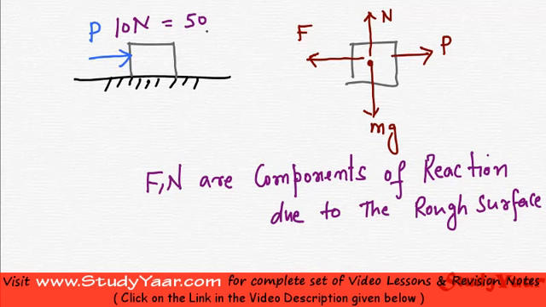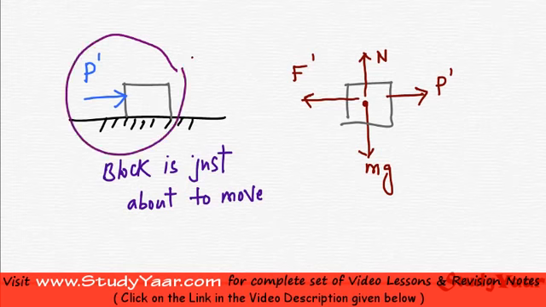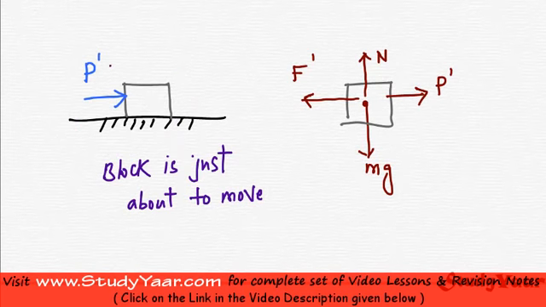At a certain point, let us suppose at P equal to 100 newtons, I reach a stage where this block is just about to move. So let us try to draw the FBD at that position. So this is my FBD when this block is just about to move. If I make this push just a bit larger, if I add say +1 Newton to this push, this block